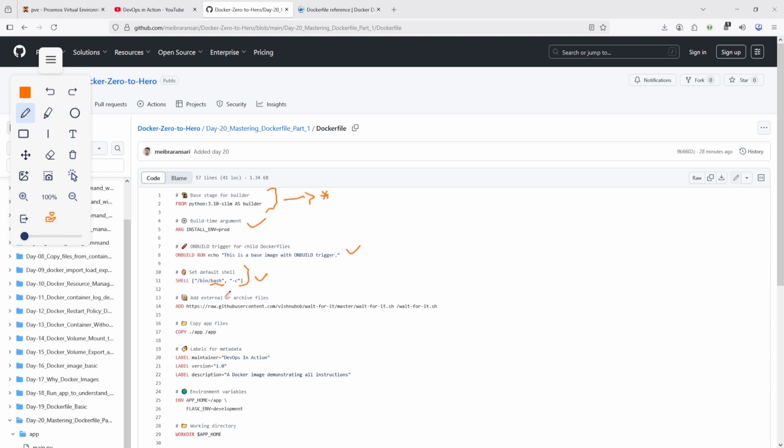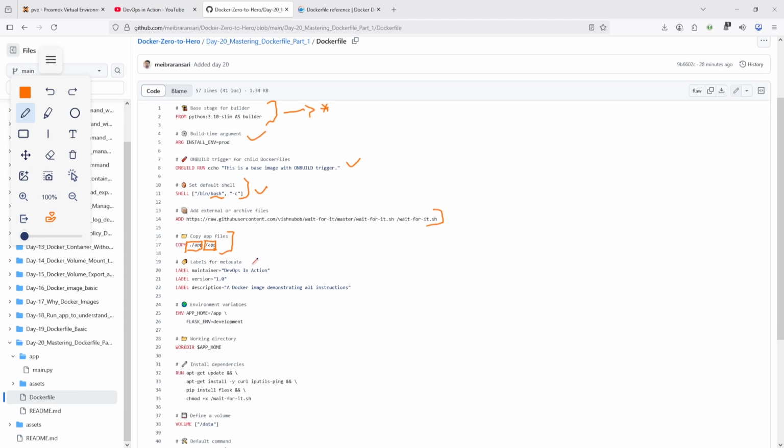You can set the shell and after that execute the script. So here I set the bash script and I downloaded this script and used it. Okay, so copy file, basically copies the file from the host machine, this is the host machine, to the container. Okay, and